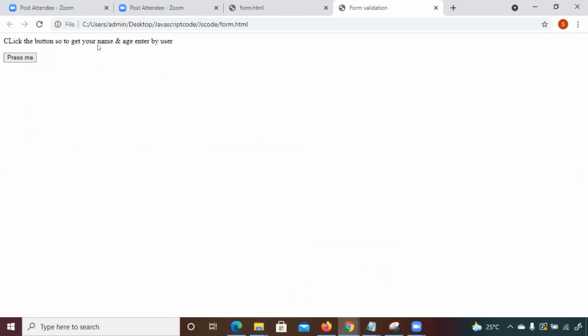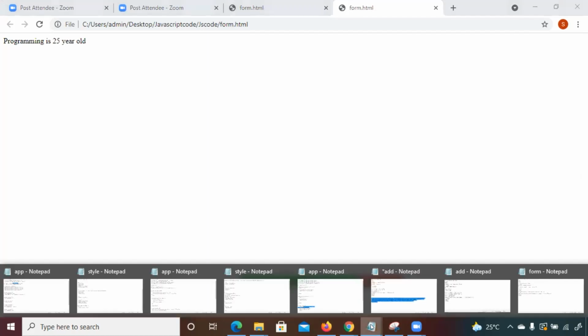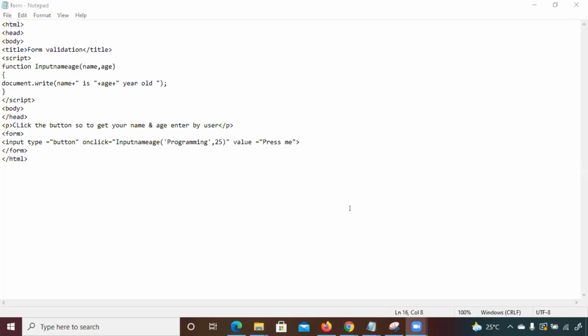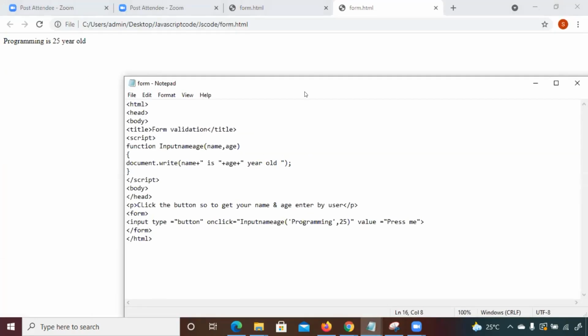Click the button so as to get your name and age, entered by the user. Once I click here, it's showing me programming is 25-year-old. How is this coming? Programming is 25-year-old. If you can see the code,